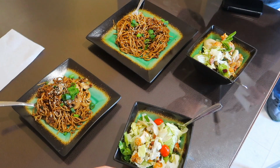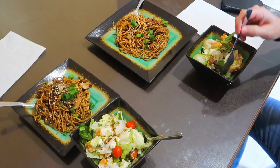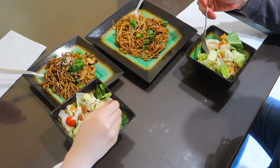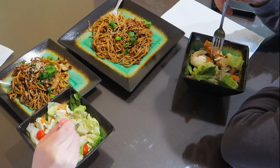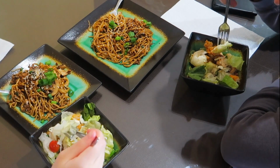Are you hungry? Do you think it's enough? Yeah, it's more than enough. You want chicken? It has chicken in the salad. And apples. Yes, you don't like apples? I'm very hungry. Hungry? I'm moderately hungry. Because I'm afraid this is not enough. Right now it's only...